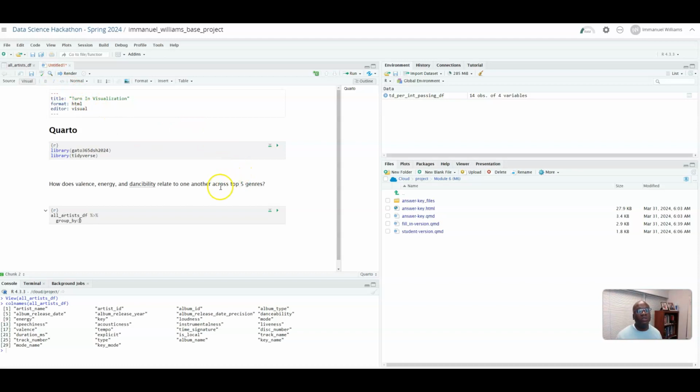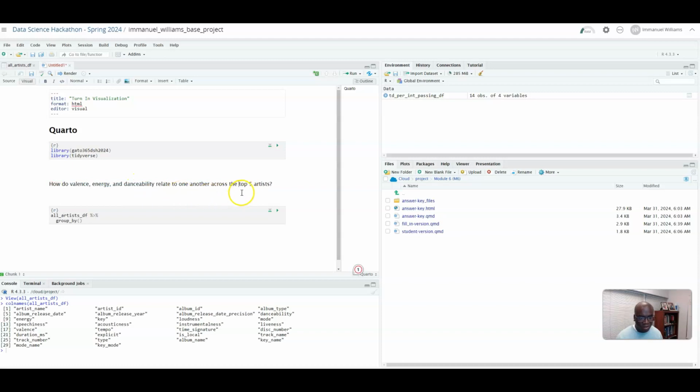So let's say across top 5 artists. And sometimes you may not have variables, so you can change your question. So when I say top, I'm saying the most frequent songs. So artists, top 5. And that's going to happen. You may have a question, and if you don't have access to the data, then you don't have to make changes.